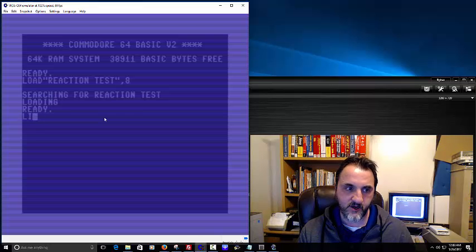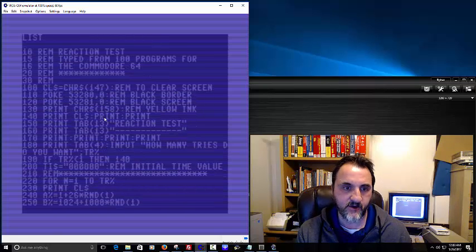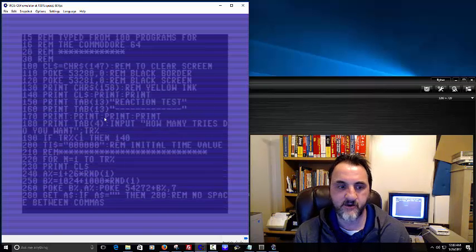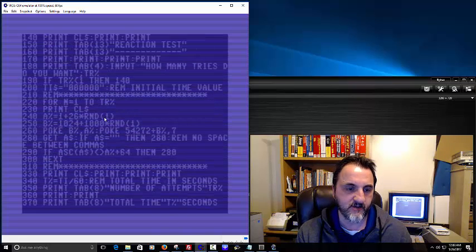Often I would go back and I would remove the break stop routine, like locking the break key so you can't break out of programs. I would just go in and remove the actual code from it because I wanted to debug it myself and kind of look at the listing. But here's the listing for it.